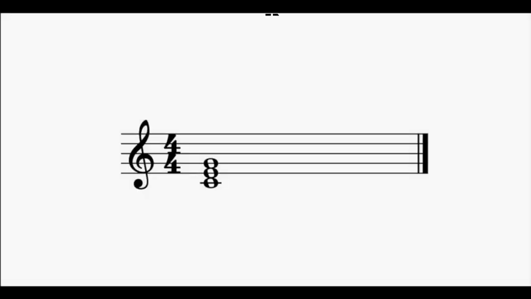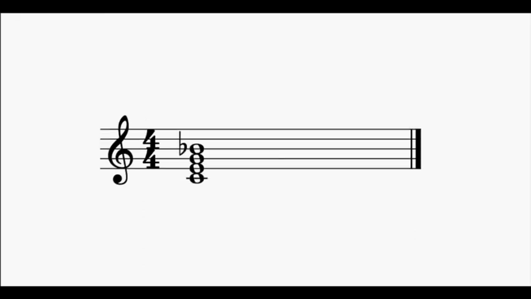This is a C major chord, and so is this, and so is this. And this is a C7 chord, and so is this, and so is this, and so is this. Now, I'm sure you're asking yourself, how can all these chords that look so different on the stave be the